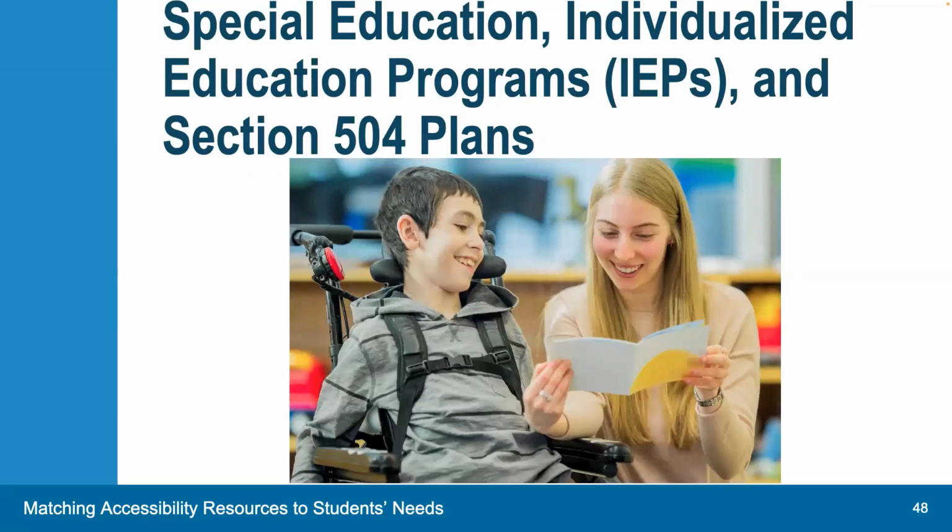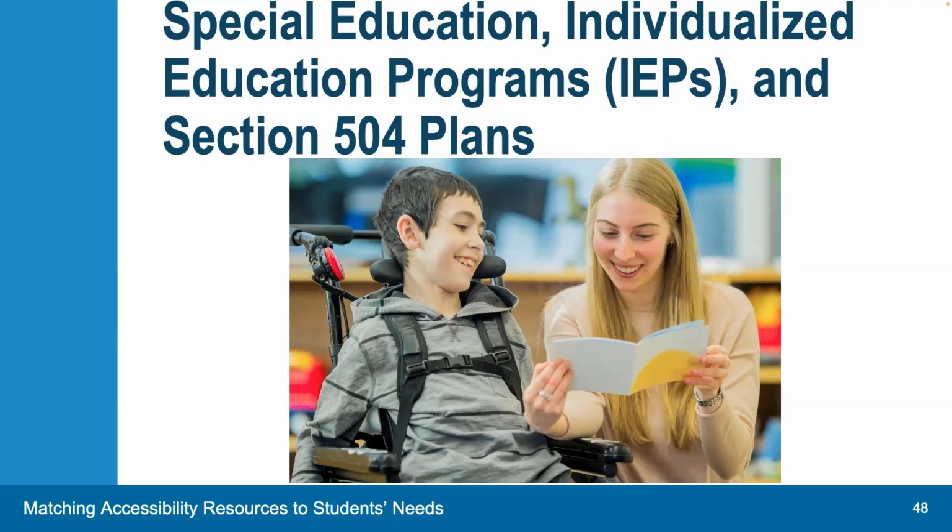Individual needs must also be considered for students with IEPs and Section 504 plans. The goal for students with IEPs or Section 504 plans is to provide appropriate opportunity and access to assessments by considering each student's cognitive, physical, and emotional needs.